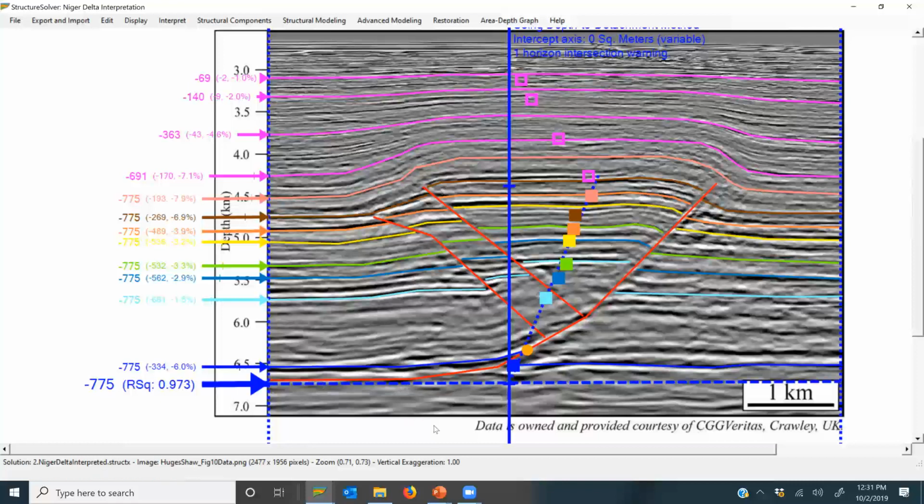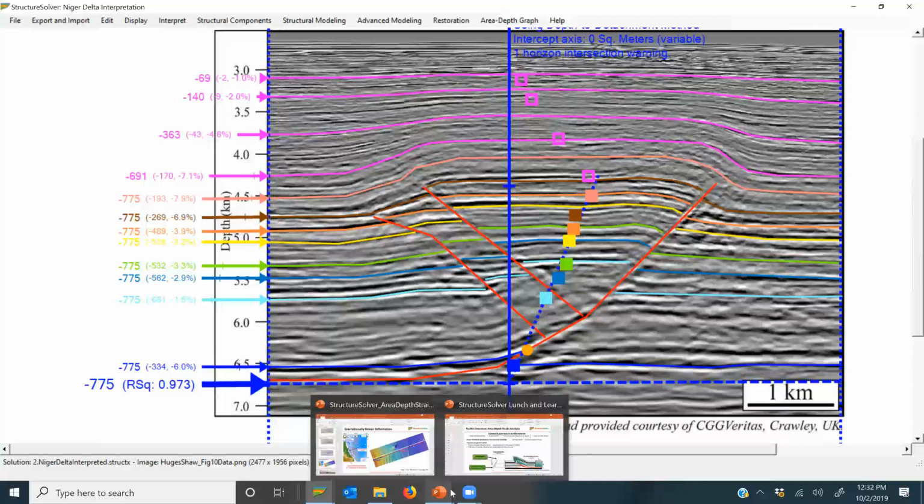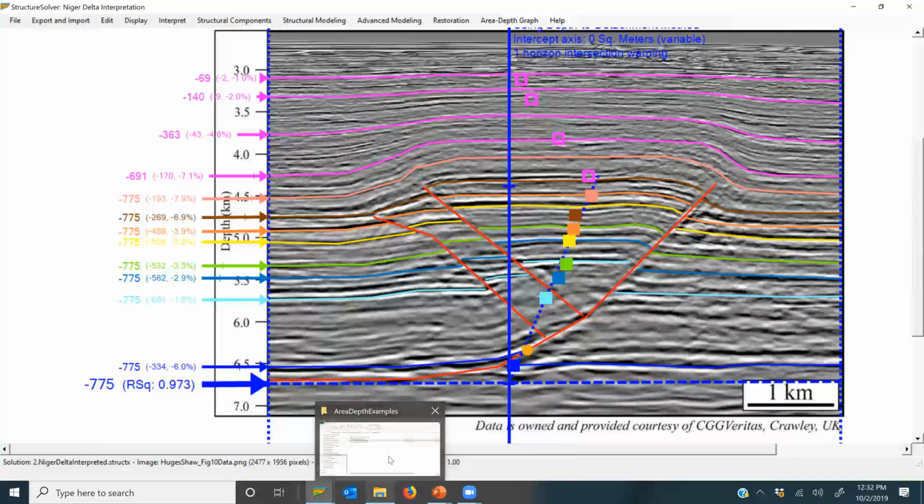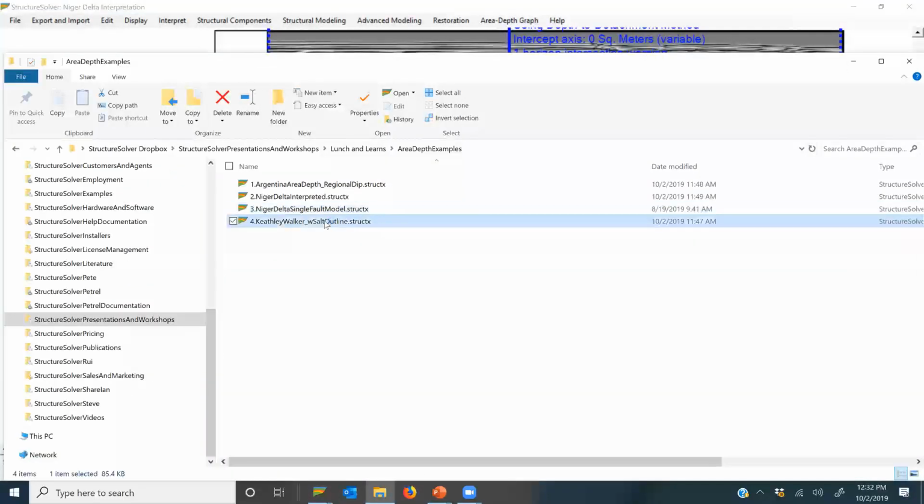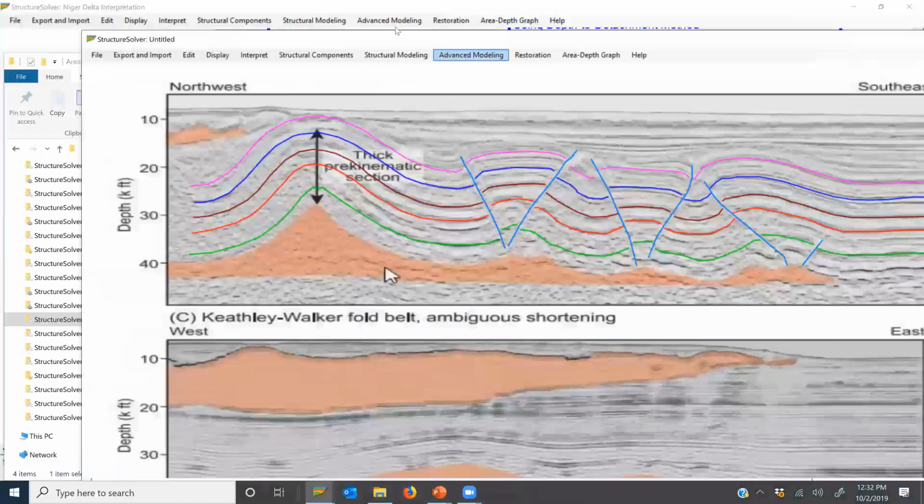So the two are entirely complementary in terms of what you get out, providing independent estimates of the same parameters. So the final example that we'll look at before we quickly go through the case study is